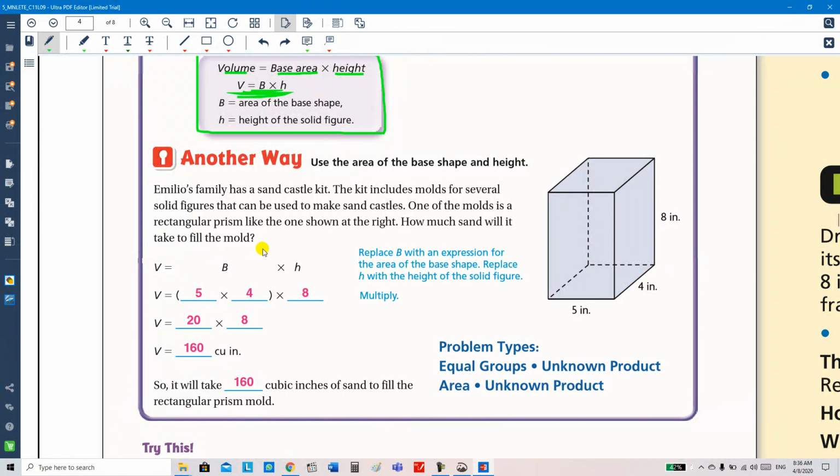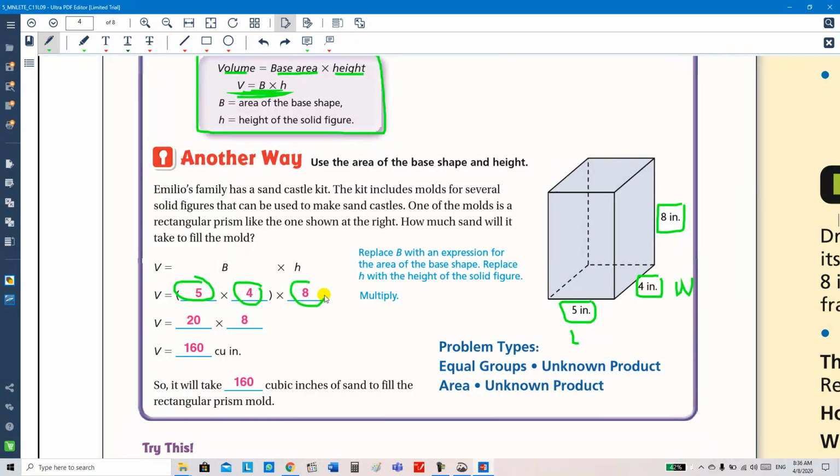We have here the base area. If you want to get the base area, you have to multiply this by this, the length by width. Length by width equal 5 multiplied by 4, and then multiply the answer by